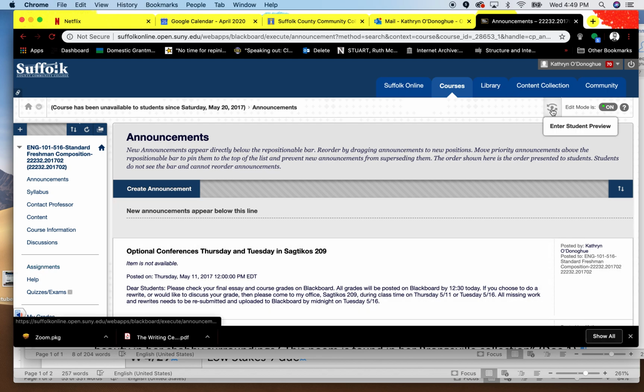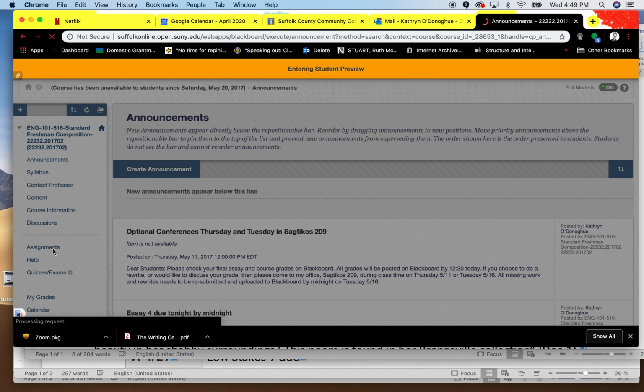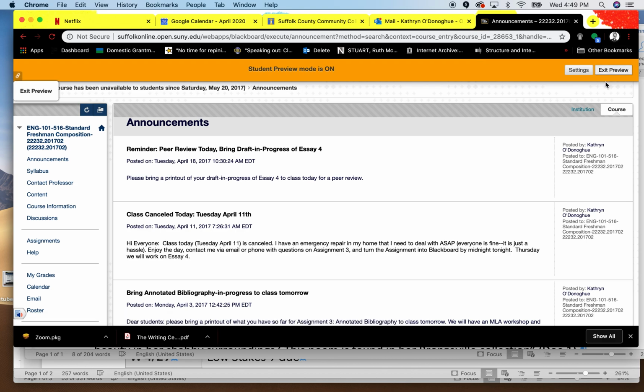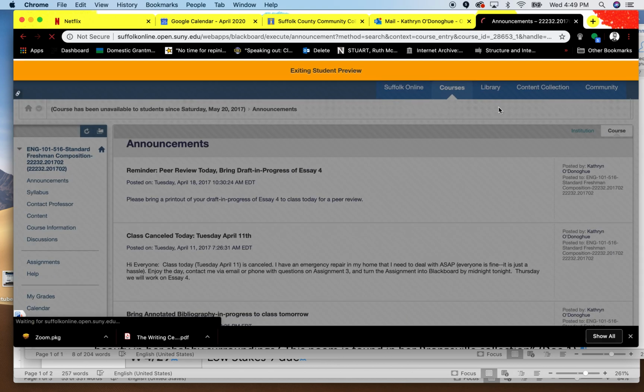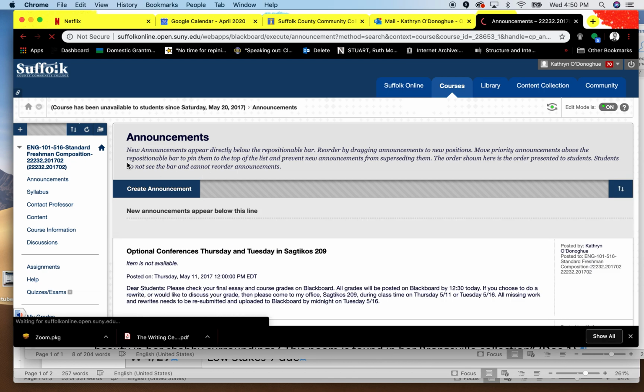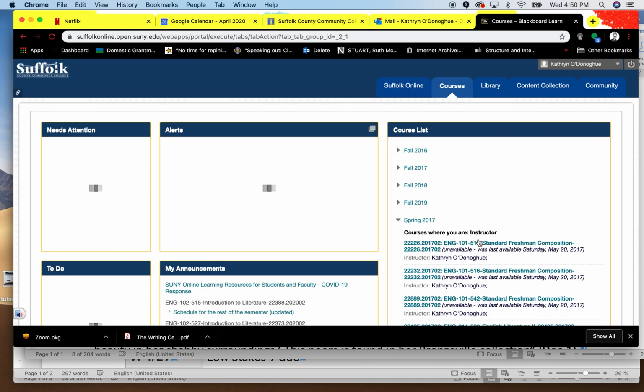So to double check to see if your students can view it or not, you would go here to this little eye icon to student preview. So click on that, and it shows you what your students see. So you can see that they can see assignments now. So that's one option. However, if on your end you're not even seeing the assignments link in this area here,